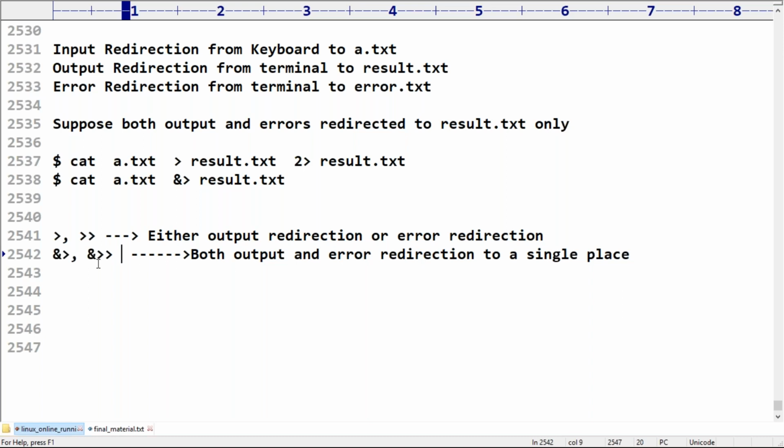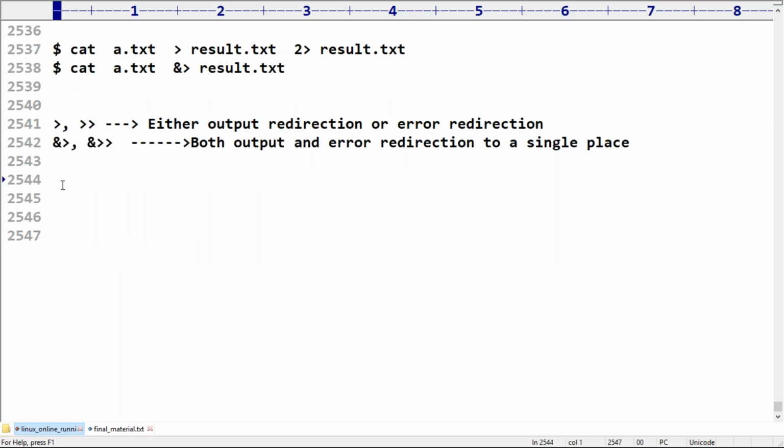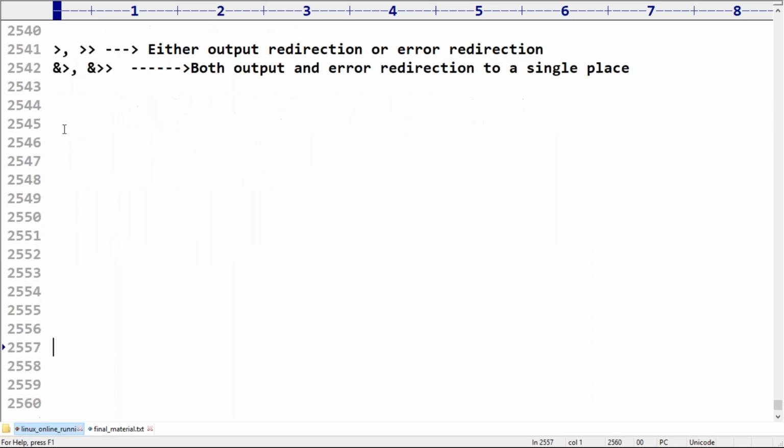Clear up to this? Any doubt? Respond up to this. Clear, right? Okay, now the next scenario I have to talk about. Take very special care about this one. Now my requirement is